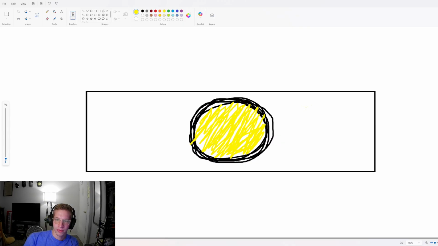Alright, we've got some color in him. It's messy looking. It looks great. Alright, nice uneven distribution of color all over his face. And let's start drawing the rest of him.